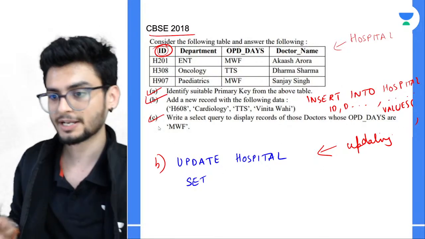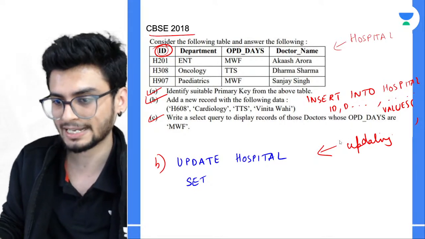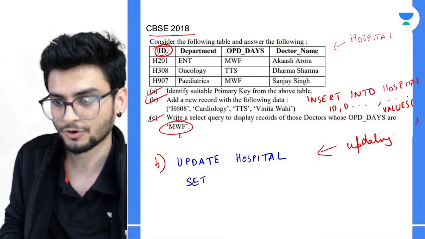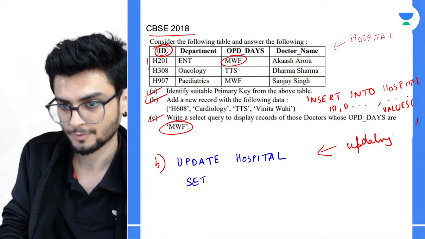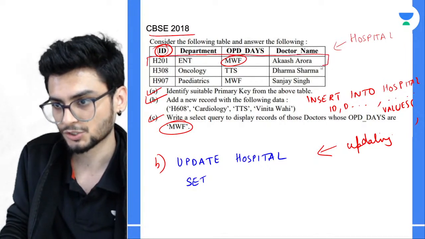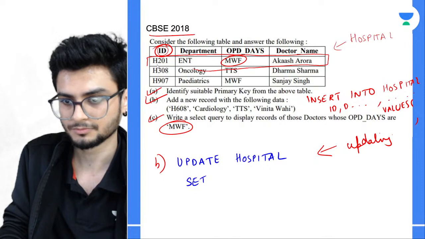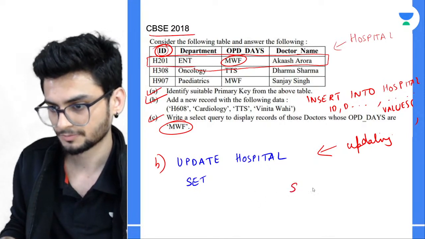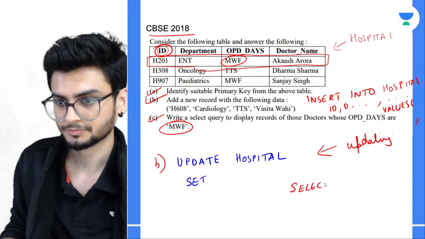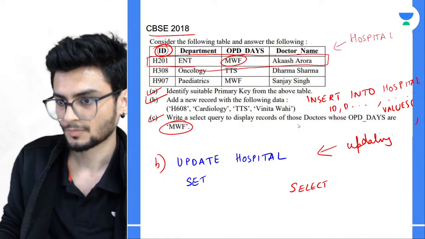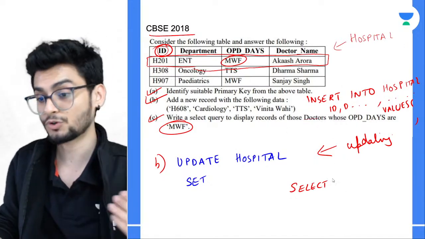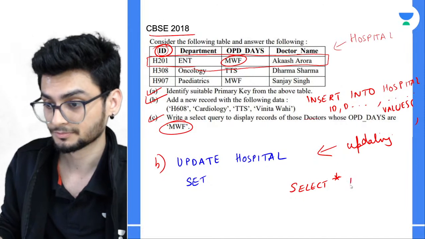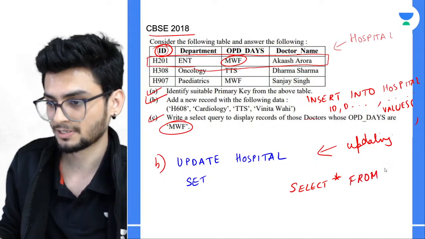Also write a query to display the records whose OPD days are MWF. Alright, so where is MWF? Here. You have to only display this part. So which command do we use? We use select. Records of those doctors, basically we want to display everything. Select star from hospital